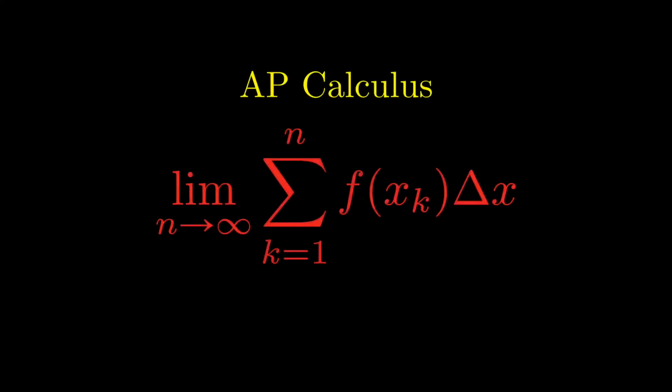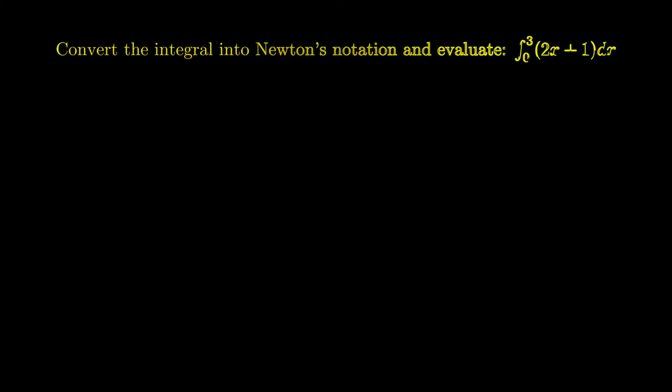In this problem, we're going to take an integral and convert it into Newton's notation and then evaluate it using a limit and a summation. So the integral we're given here is the integral from 0 to 3 of 2x plus 1 dx. And the formula that we're going to use is Newton's notation for an integral, which is a limit as n